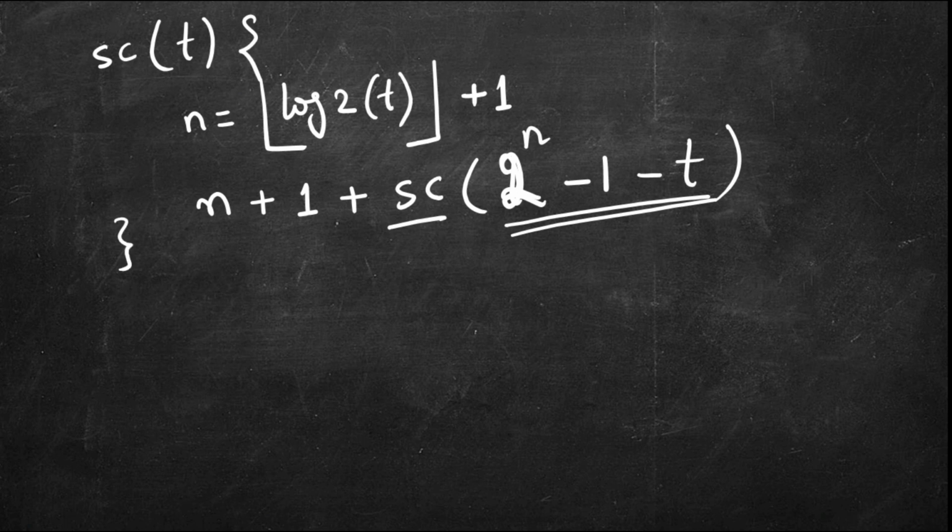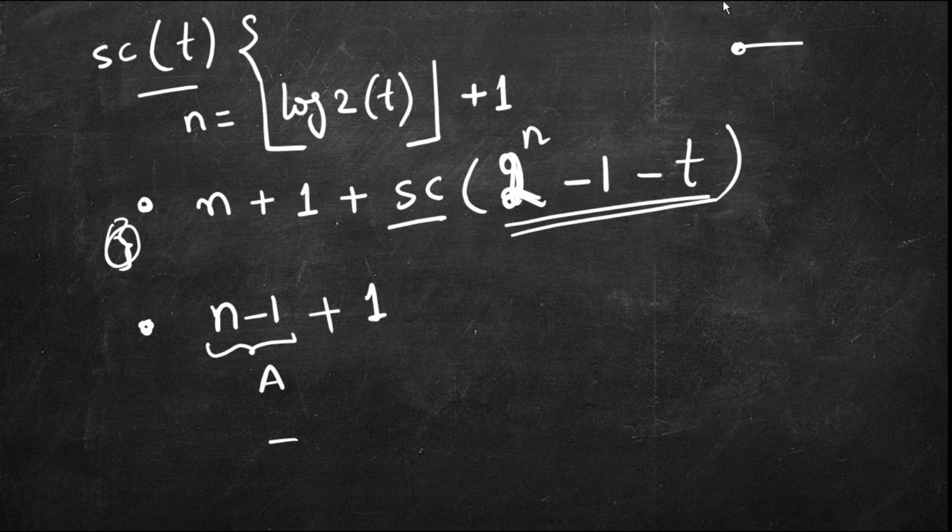But this was just one way where you always overshoot the target and then return and come back. The other way was to stop just before the target. So you take just n minus 1 steps. If in the nth step you overshoot, then in n minus 1 steps you will be before the target. Also you need to add a base case where this exactly becomes equal to target, then you return. So you take n minus 1 times A, then you add 1 step to reverse, and then you take a few steps here. You don't know how many steps, that is some variable I which we will arrive at,